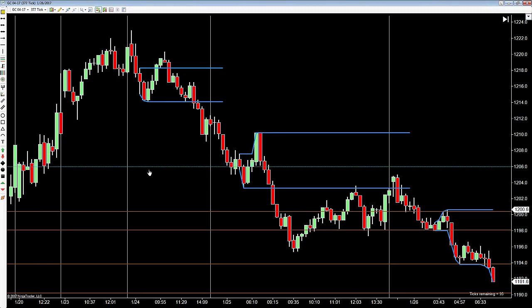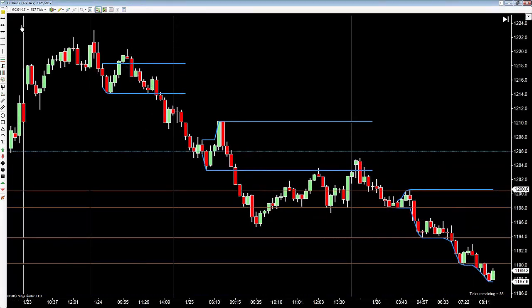Again, CL and gold are the ones that I like to use the most on this, but I have traded NQ off from it, YM, and ES. Volume is a lot lighter with those markets at that time, so I might be using a 144 tick chart. I want to see some movement. If we don't have the movement